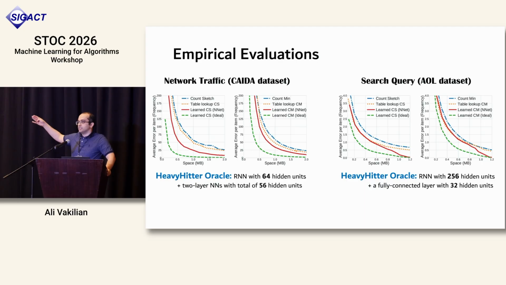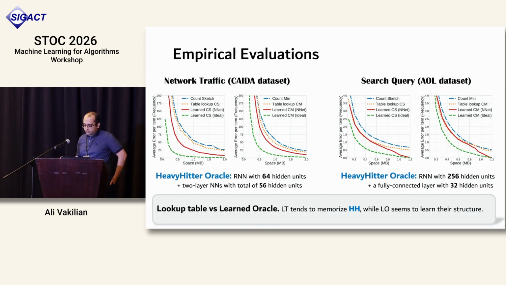And the green one is our algorithm when we have access to an ideal oracle that tells us exactly who is frequent and who is not. One interesting point is that the lookup table tends to memorize the heavy hitters from the past, but this learned oracle apparently learns some structure about the heavy hitters. So these plots show that there is something that can be learned about the structure or pattern of the heavy hitters for